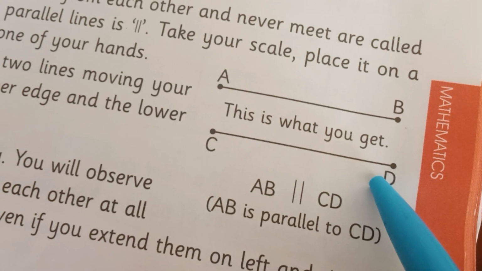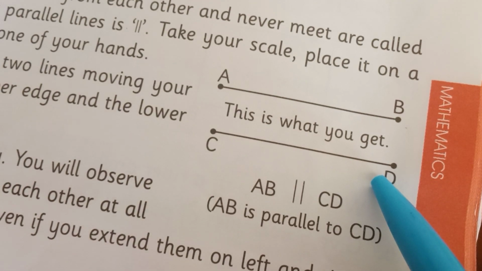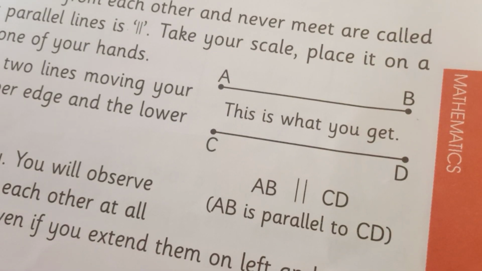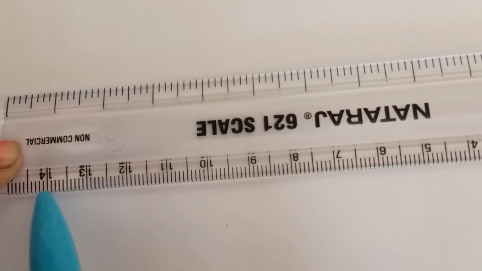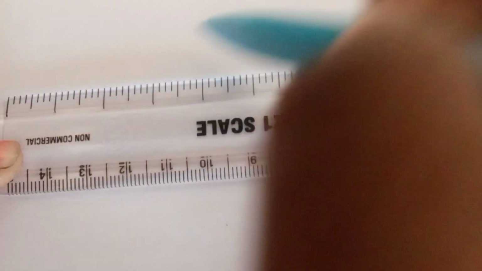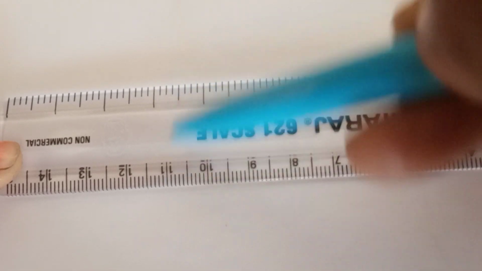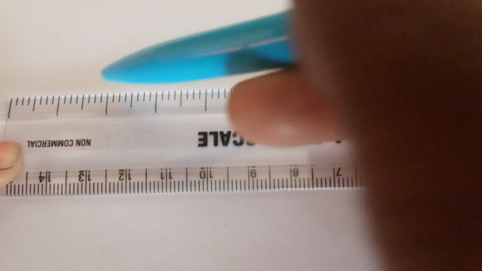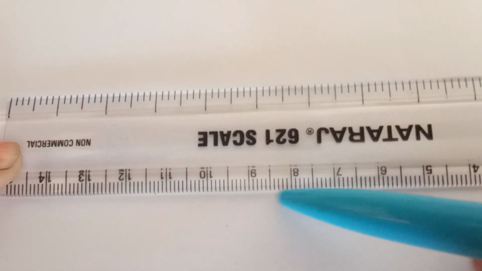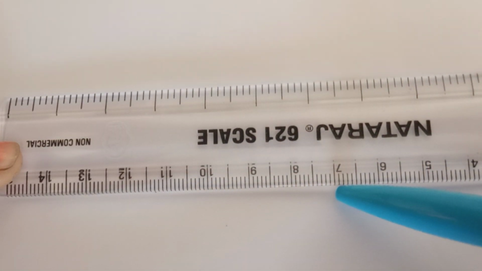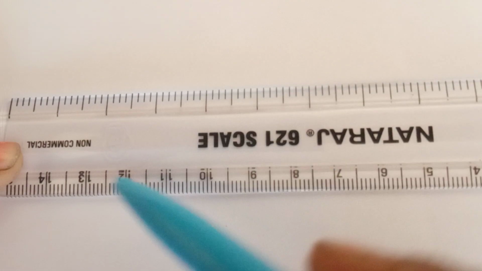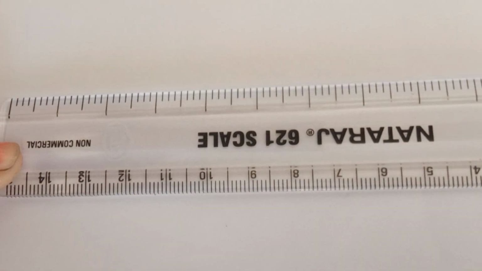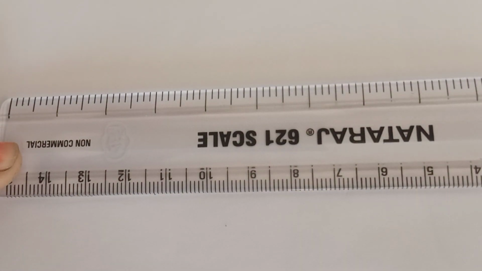Suppose children, I will show you the parallel lines with the help of a scale. So children, look at here, it's a ruler. So when you draw one line along this edge and another line along this edge, these two lines will be parallel lines. Because when you draw these two lines, they will never intersect each other. They will never cut. Okay? So whenever you need to draw parallel lines, we use a ruler and draw one line at this edge and draw another line from this edge. Okay?